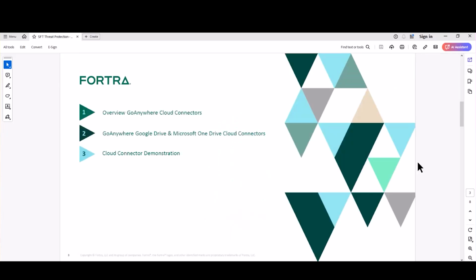What we're going to be going over today is GoAnywhere Cloud Connectors as a whole. We're going to specifically focus on Google Drive as well as the OneDrive Cloud Connectors themselves. And then I'm going to actually do a demonstration where I'll go over the integration for Google Drive and OneDrive, how to set up the Cloud Connector, and a little bit more about the resources, and I'll actually move files between both cloud